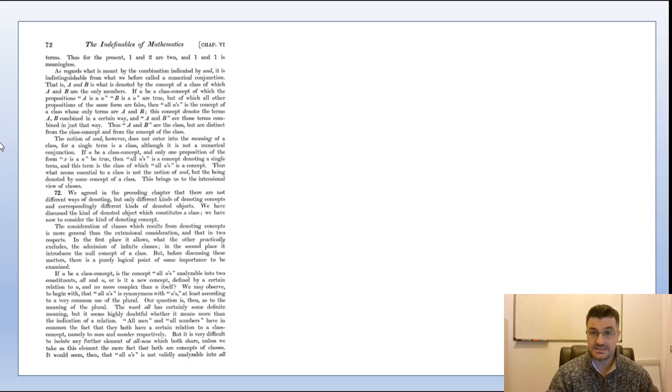We can have equal classes, but we can never arrive at a satisfactory way of saying that two classes which have the same terms are actually identical. They're not, if we identify the class with the class concept. But in the case of the null class, we've got all these null class concepts. They're all equal, but where is the thing that they are all pointing to? It's not there. The null class is not there, and this presents a bit of a problem, which Russell is going to be looking at in more detail as we go into this chapter.